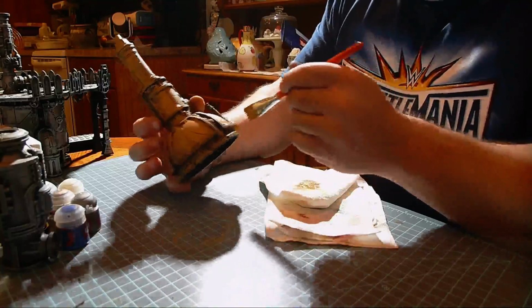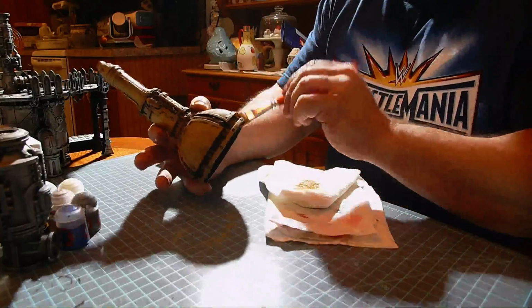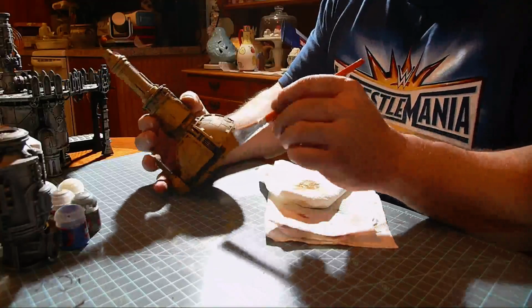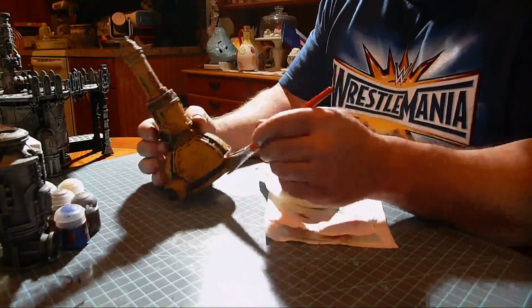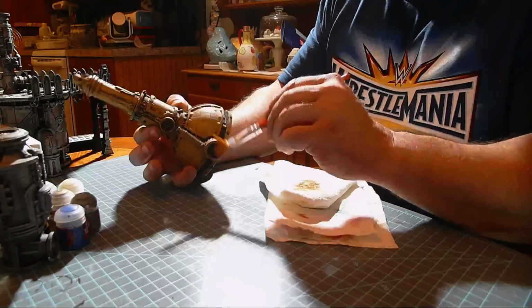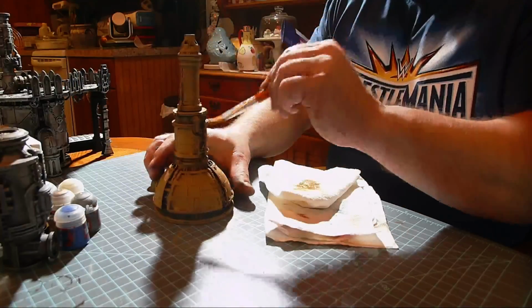You can see the weathering in there already, and it's built in with the silver, and it's just a nice effect. Now we'll bring that out by painting over it with some brass, but the main effect that we're going for here,